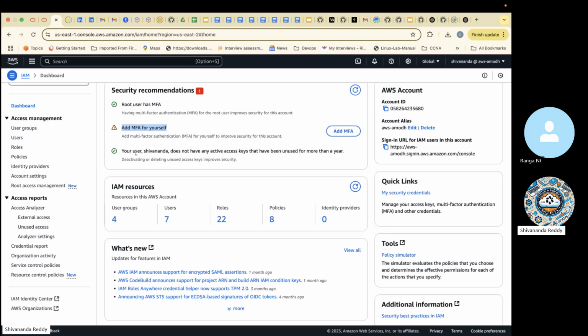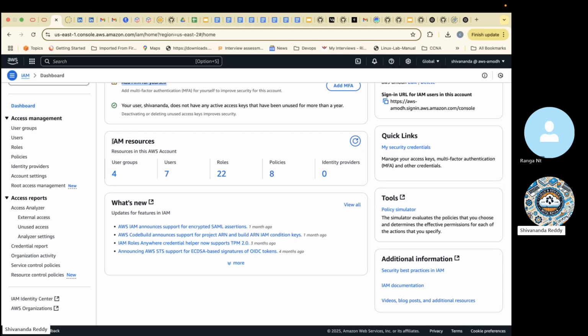Okay. Then, if you look at these resources, how many resources are there in my account? I have 4 groups, 7 users, 22 roles, and 8 policies I created, along with 0 identity providers. I'll explain what identity providers are. So then, what's new in AWS IAM?